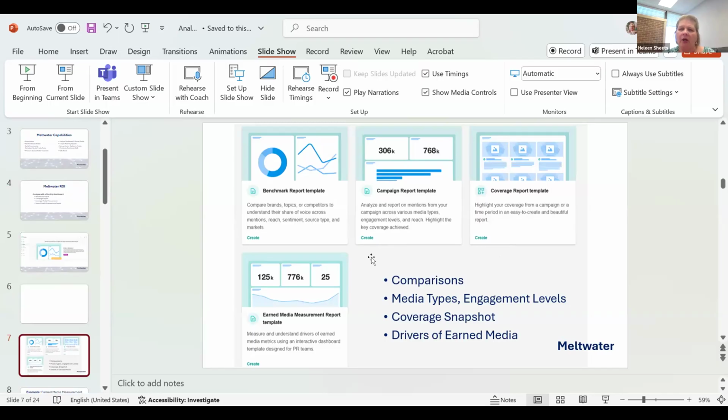You can also do a more glossy version, which is a coverage report. It'll actually show a lot more visuals. And then the one I particularly like is the earned media measurement. What earned media means, it's not just the posts you've done, it's the free media mentions you've received and sometimes paid, and it'll tell you the difference. That way you can track month to month. Is there growth from the same month previous year? It's a great way to see where you're getting your spikes, what content has performed well.